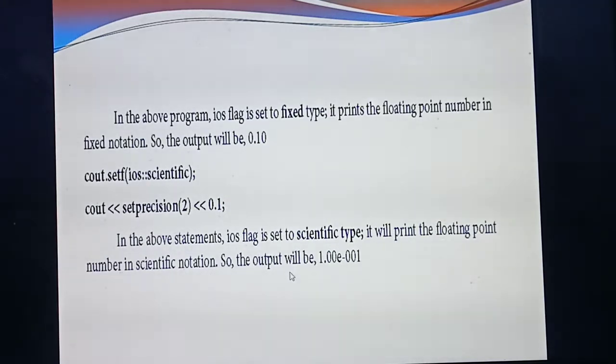Okay. So scientific notation means the numbers will be displayed in E notation. Isn't it? So see, after the point, how many digits? 1, 2. Okay. The scientific notation means a particular number will be displayed in which form? In E form, that is exponent form. Understood the setprecision manipulator?